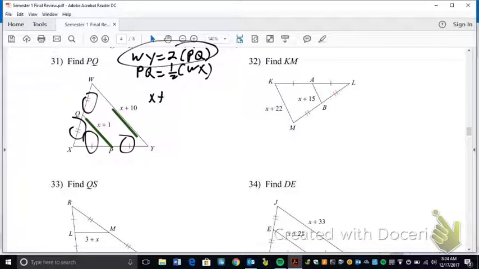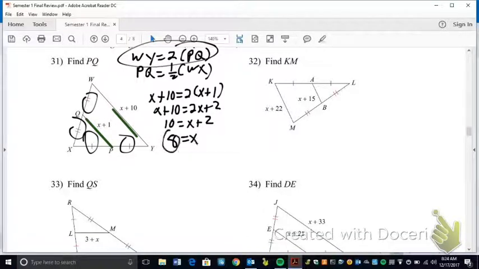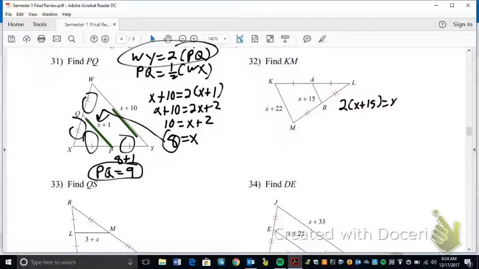So I'm going to go 2 times x plus 1 equals x plus 10. That gives me x plus 10 equals 2x plus 2. That's going to give me 10 equals x plus 2 subtracted x, or x equals 8. Now I can plug that into PQ and get PQ equals 9. To make sure I did it right, I might want to go back up and do 8 plus 10 and get 18 and go, hey, 9 is in fact half of 18. Okay,